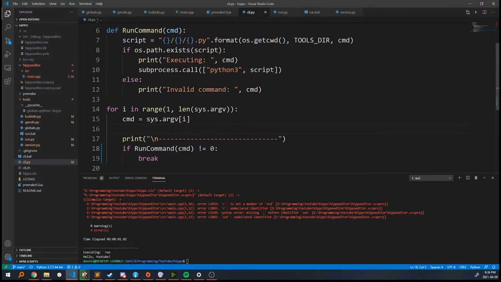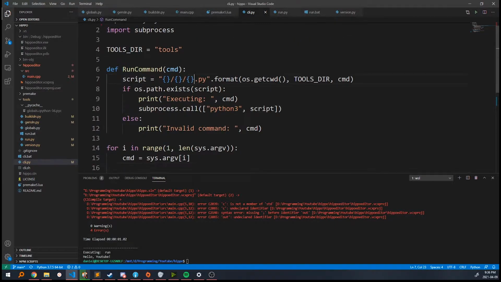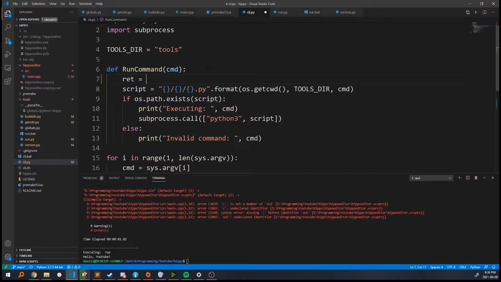Yeah, that should do it. And so then up here, we'll just actually have to capture that. So let's assume, let's say ret equals -1. Let's assume it's not happy. And then we'll just say ret equals